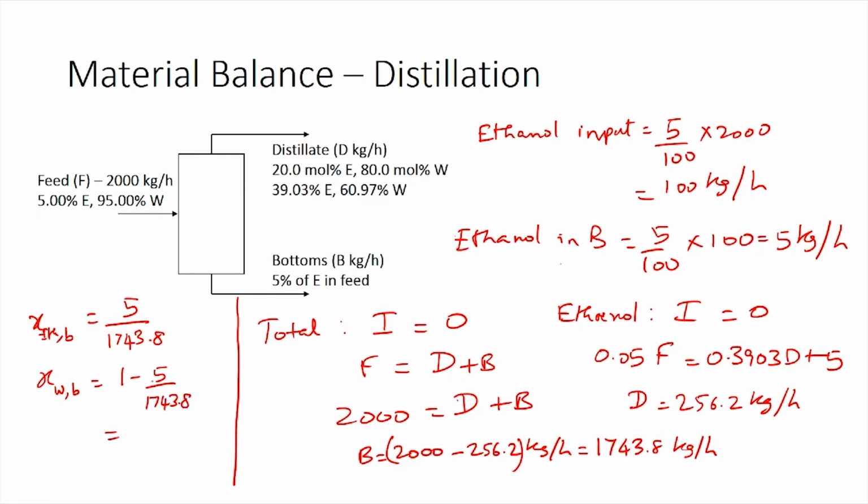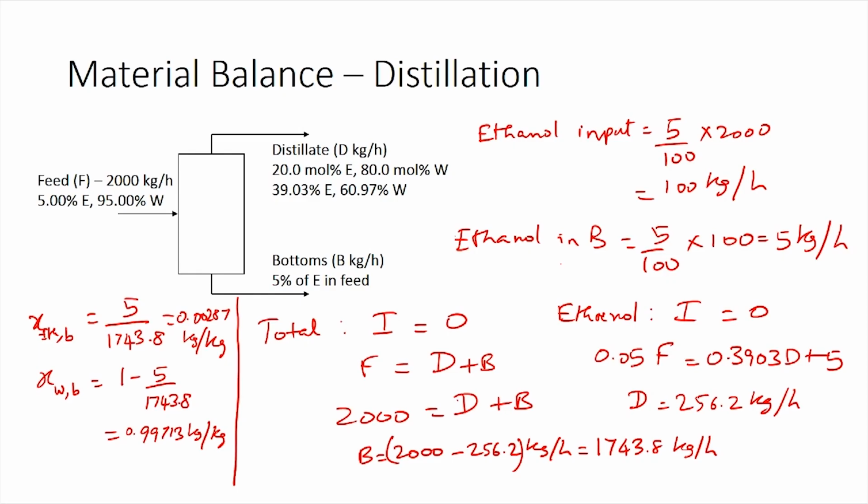So, these values are 0.00287 kilograms per kilogram and 0.99713 kilograms per kilogram. With this, we have calculated all the parameters that need to be measured for defining this